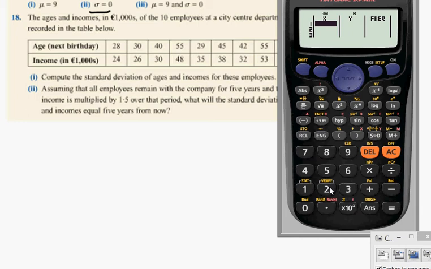So I'm just going to write them all in: 28, 30, 40, 55, 29, 45, 42. What comes after 42? 55. And after 55? 37. After 37? 39. Okay, perfect. Is that it? 10. Now what I'm going to do next is put in all the other